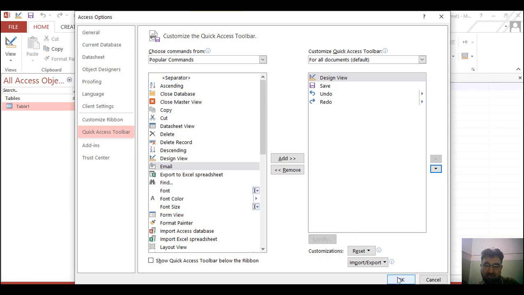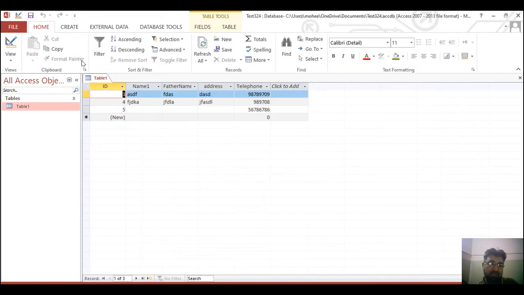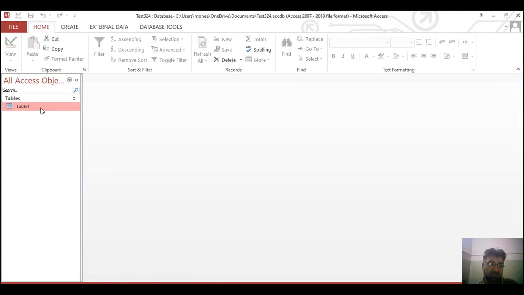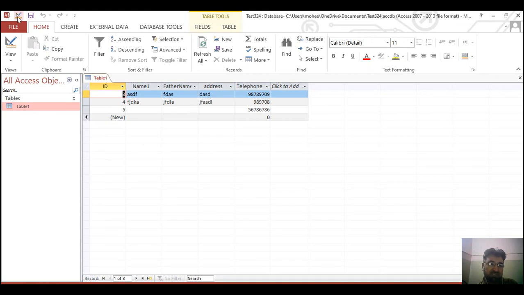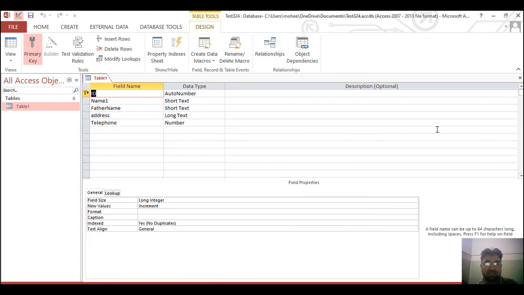So when I click OK, I can see that this design view is here, because I play with the design of tables, I play with the design of forms, queries and reports, and I need the design command every time. For example, if I close this, the table is in data view and I want to see it in design view. When I click this, let's see, it came to the design view. So here we also have data sheet view and design view.